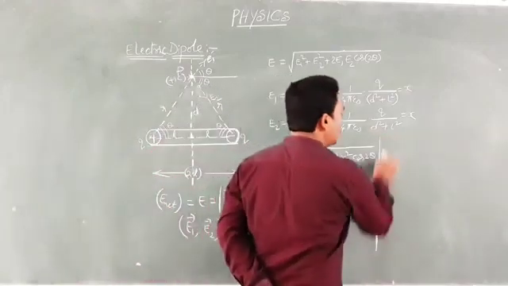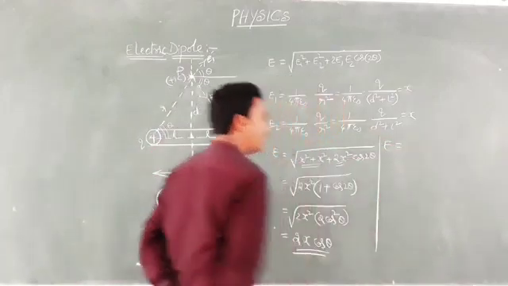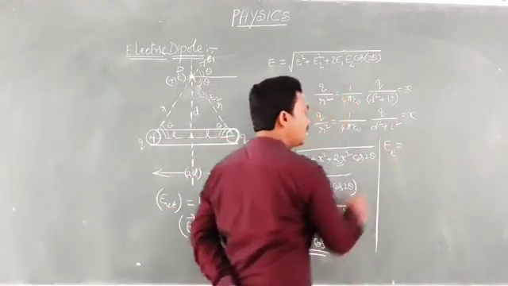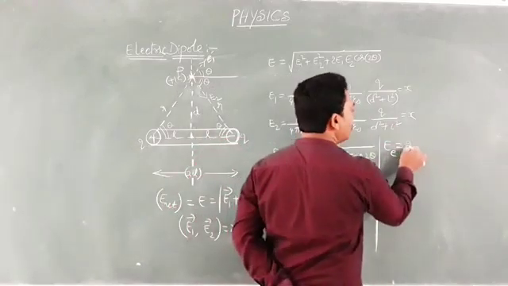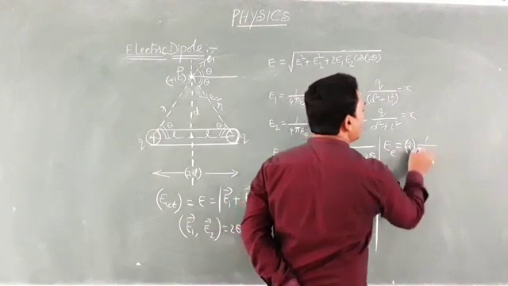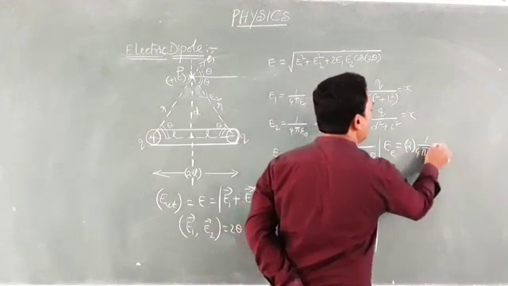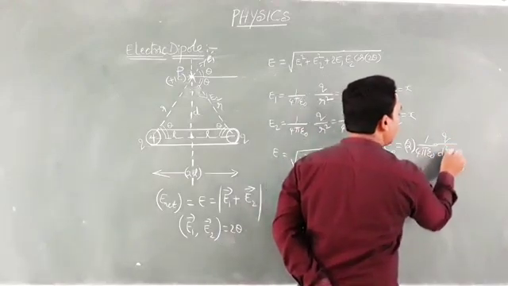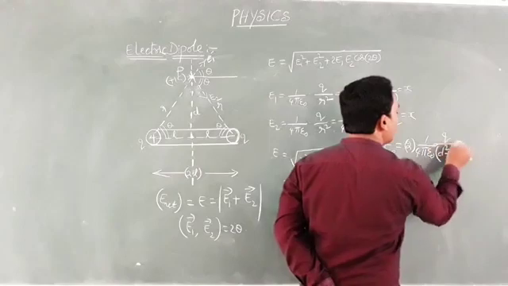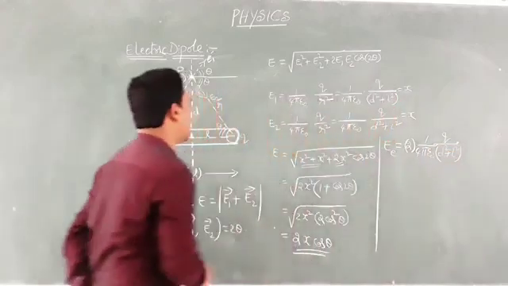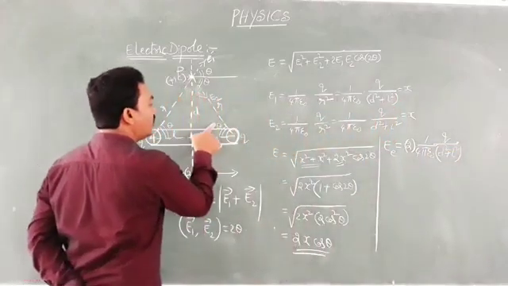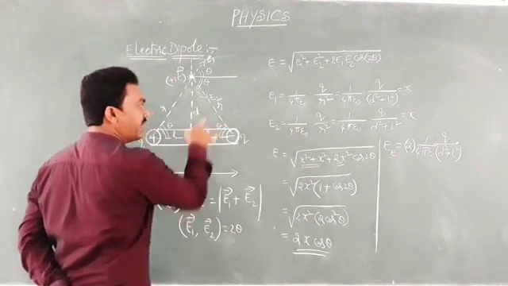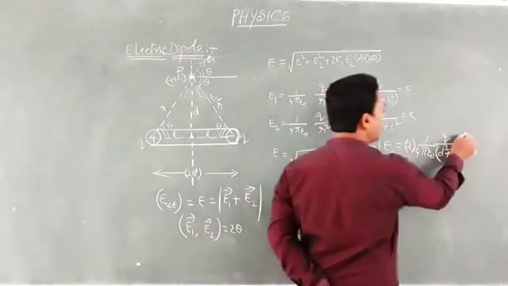So I am writing here. The electric field intensity at that point P on the equatorial line will be 2X cos theta, means 2 into X value, 1 by 4 pi epsilon naught into Q by (D square plus L square), into cos theta. This is important. Cos theta equal to adjacent side by hypotenuse, means L by R. This is an important equation.